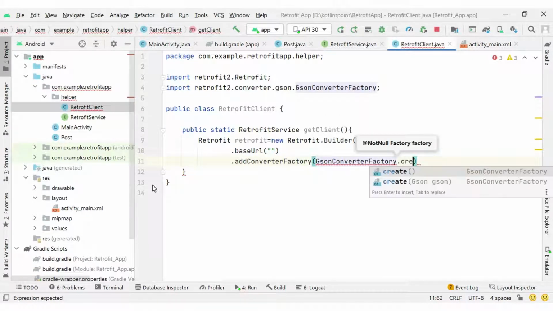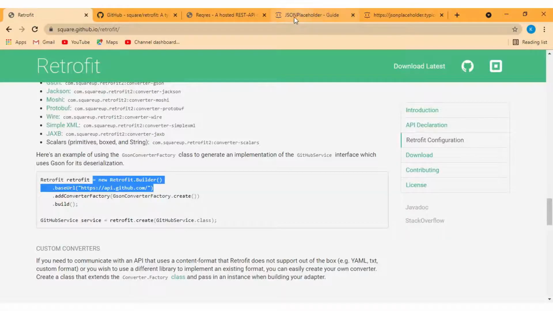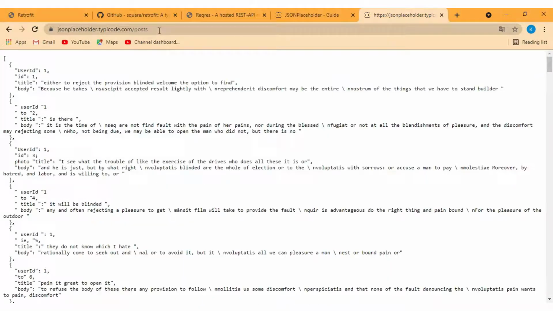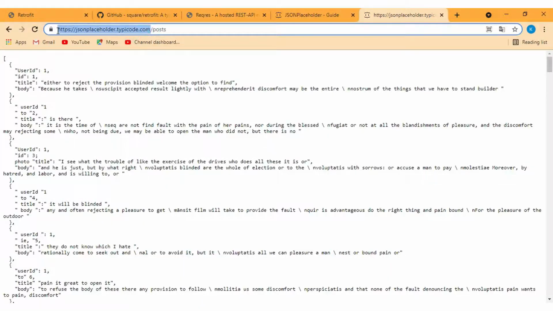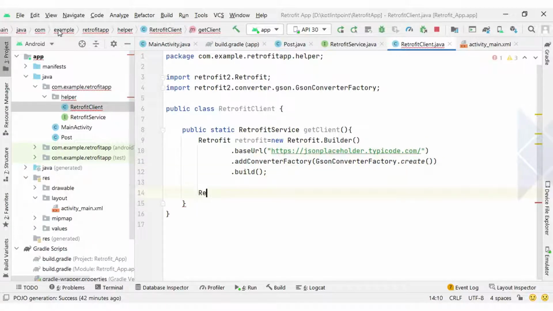So see, GsonConverterFactory.create() and .build(). Okay, so this is the code which will create the Retrofit instance. As you can see, we have all the APIs with this base URL: jsonplaceholder.typicode.com. So I will pass that base URL over here.